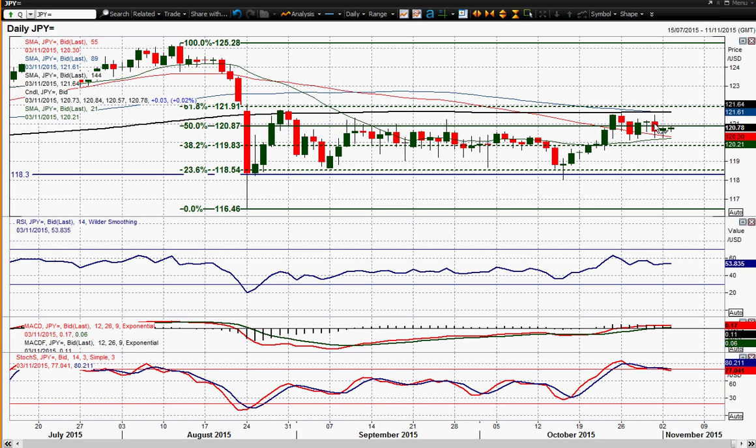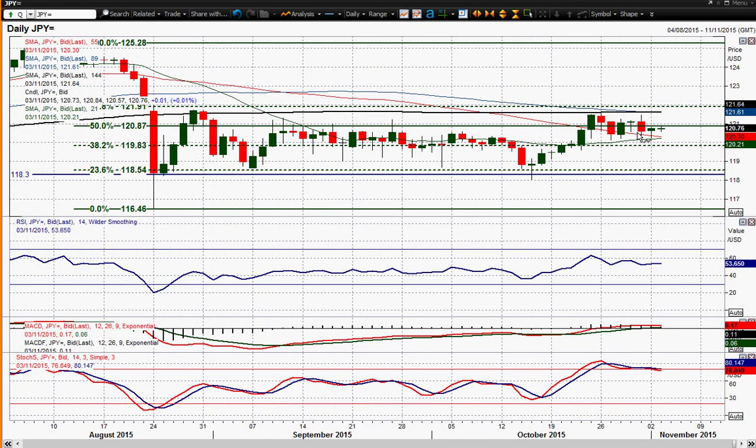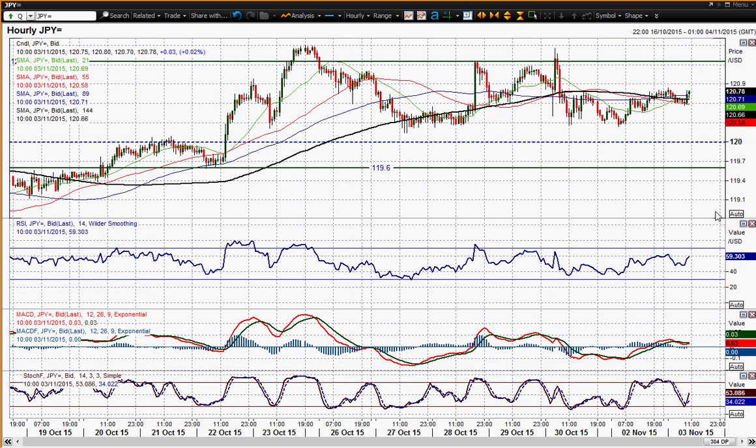Within that, you're getting some mixed signals really. You've got a slightly bearish candle there on Friday, a bearish outside day you could argue, and then a very slightly positive candle yesterday. So it's sort of there or thereabouts, nothing really doing in terms of indicators. You've got your momentum, which is basically neutral. So the fact that we're trading within this band, basically again, that's the hourly chart, pretty much as neutral as you can get really across the course of a